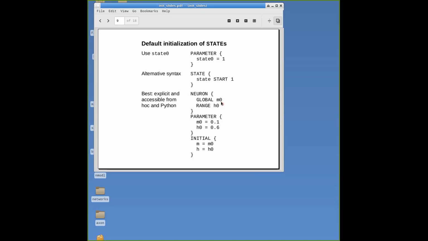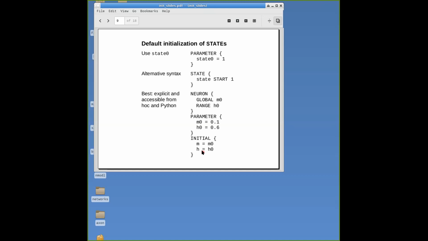I just want to pass it in as an argument. Or just as specified as an attribute to the mechanism. So I'm going to declare them in the neuron block, and I'll declare them as either global or range. I'm not going to count on parameters as being automatically global because I know that, but how many novices know that? And just declare it as global, and declare it as range if you want it to be range instead. And then go ahead and explicitly give it a value in the parameter block and explicitly make the assignment in